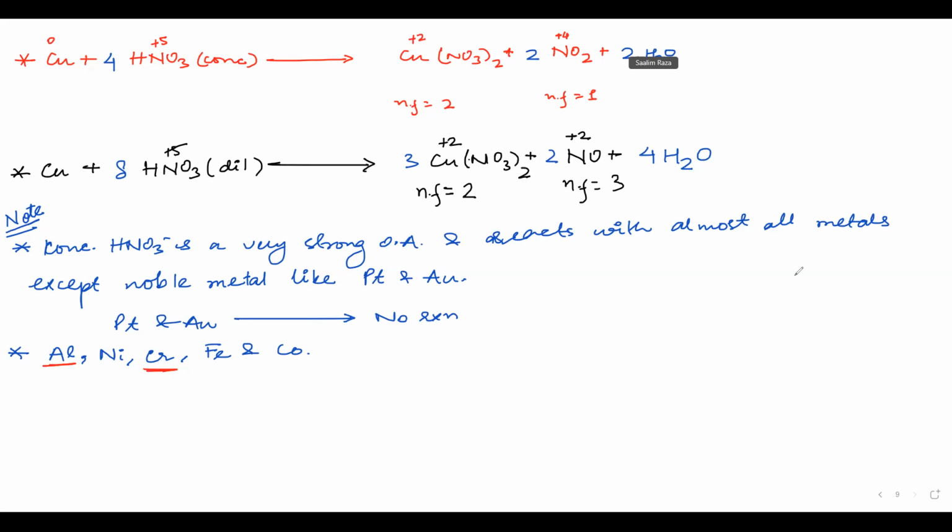But in your NCERT exemplar, there is a textbook I have sent you, exemplar. Okay, I have sent you one Dropbox link. In that you have all the NCERT exemplar PDFs of class 12. In the exemplar, they have asked a question regarding Fe. So now we don't know what they will ask in the exam, because in NCERT they gave aluminium and chromium, but in NCERT exemplar they asked about Fe. So you have to learn all of them. So these are the metals that do not dissolve in concentrated HNO3.